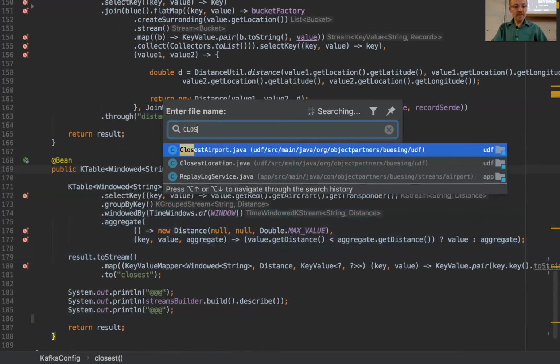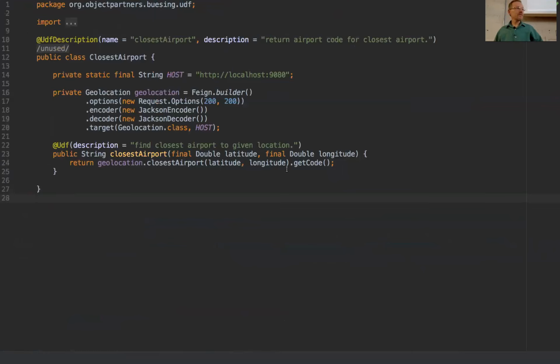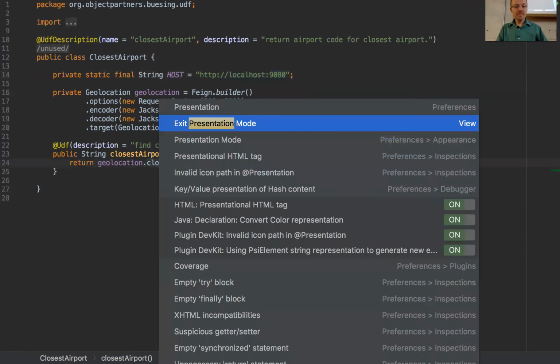So, closest airport. Here is the UDF that I wrote for that. I make a call to my other service and just return it. So yes, in my example, I could easily flood the network. But in reality, this is not how I would code it.